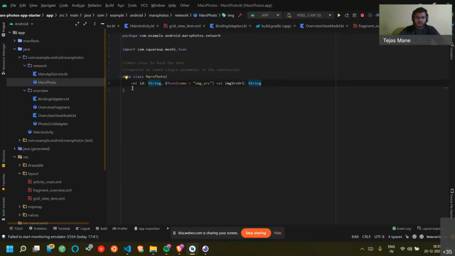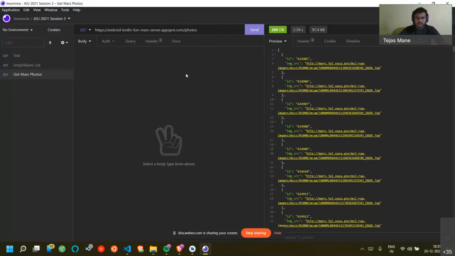So how do we know what to pass in the constructor? As I have shown you this API response in the Insomnia, here you can see that this is a list, and every object in the list contains two parameters. First is ID, and second one is image src, means the URL of that particular image.